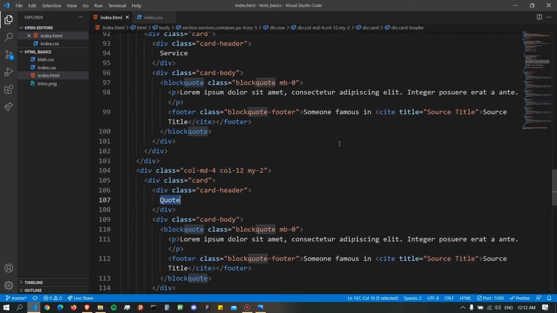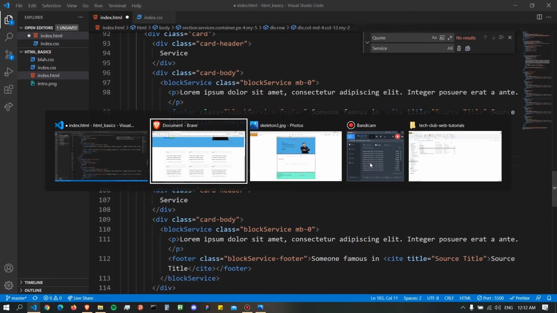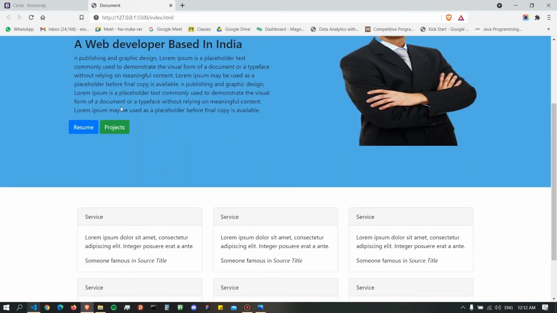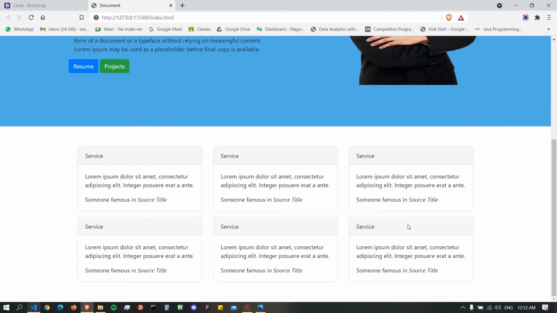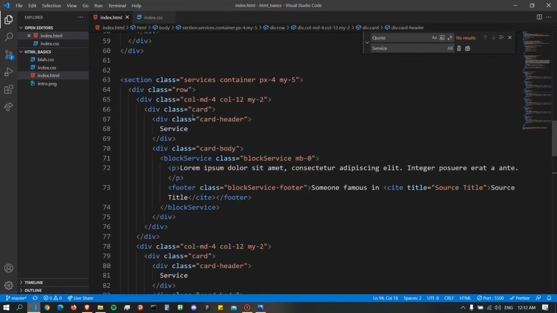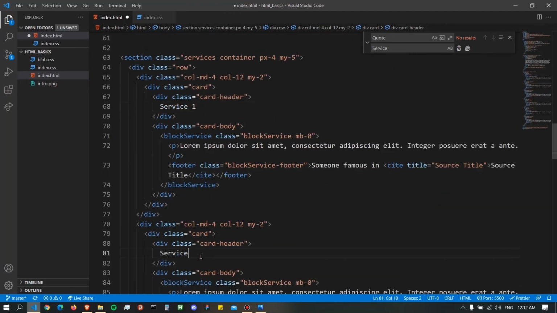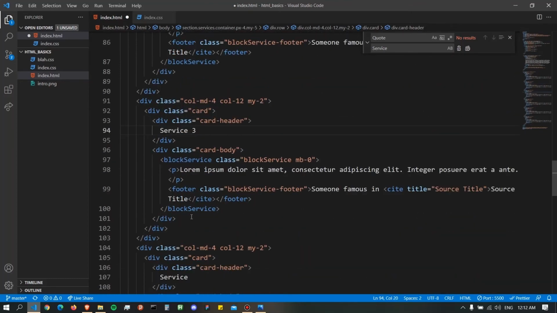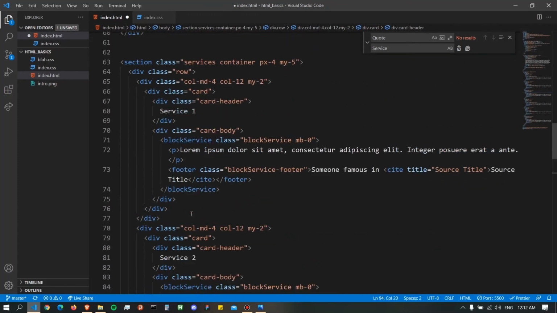I had to do replace all. Now if you look in the browser, all the cards' headings have been changed to service. Now let's give them numbers. Service 1, 2. Services are nothing but your skill set names. Rather, I write